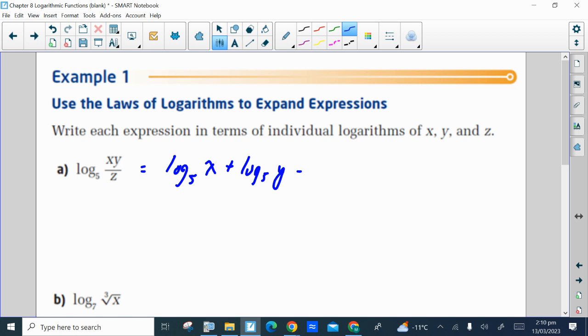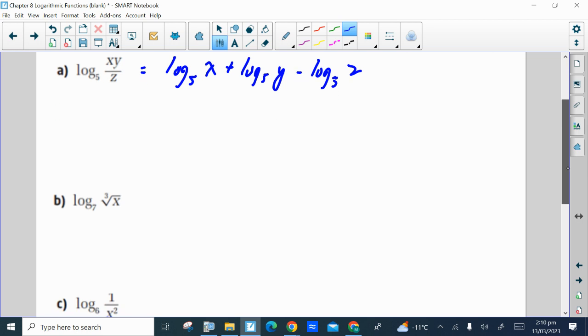And then because it's being divided by z, you'd have minus log base 5 of z. So these laws work both ways. You can take an expression where you have different logs with the same base, adding and subtracting those terms, and simplify them into one expression, or you can expand the one expression out into a sum and or difference of terms